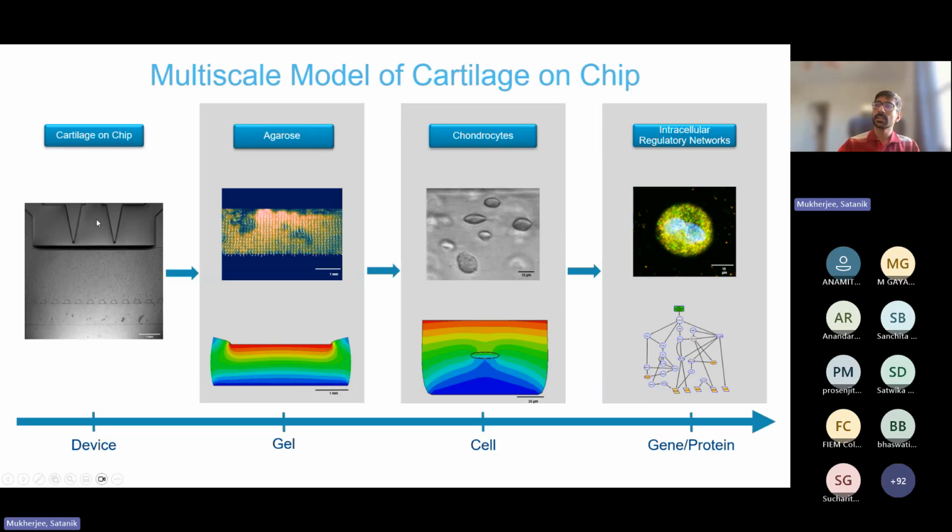You can look at the cartilage on chip device with cells inside and see what happens to the different regions of the device if you load them, and then compare that with computer models to see how your model predicts the mechanics imposed in these devices. But you can also zoom in, using microscopy techniques, and look at individual cells and compress